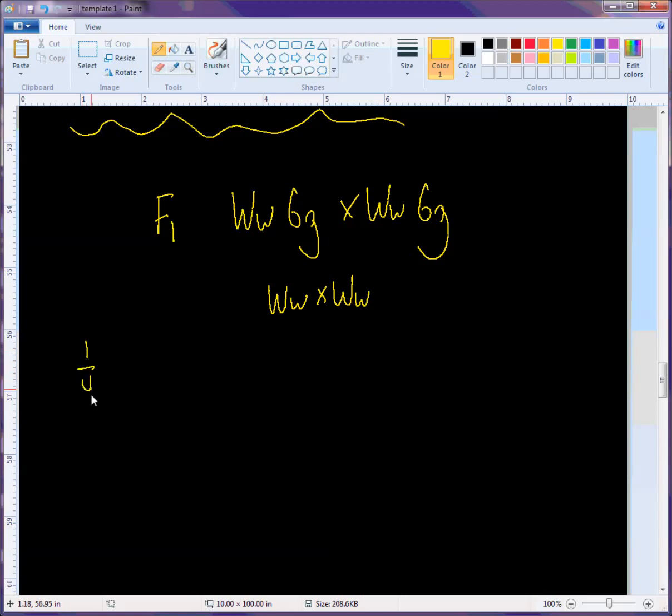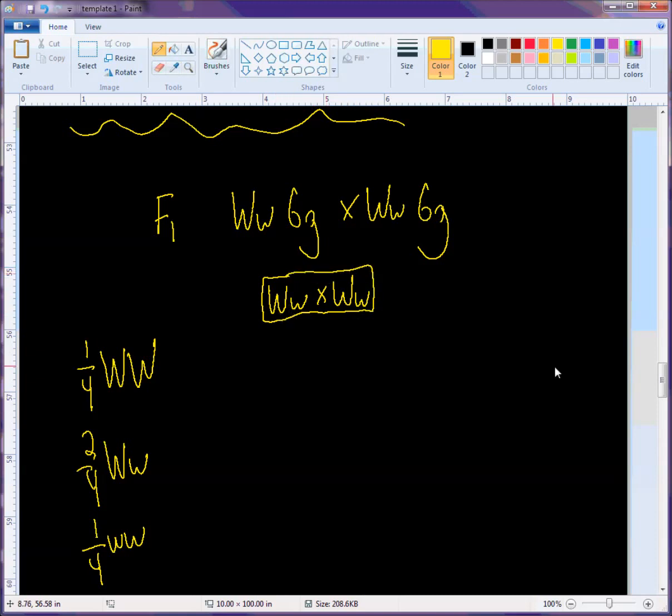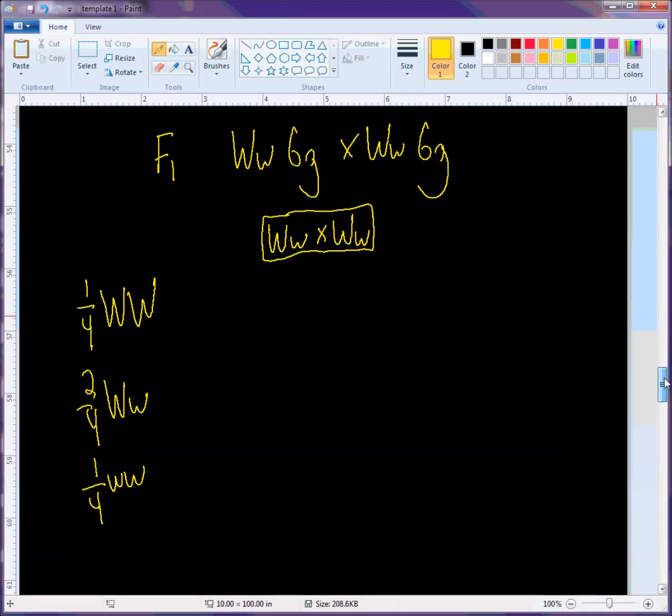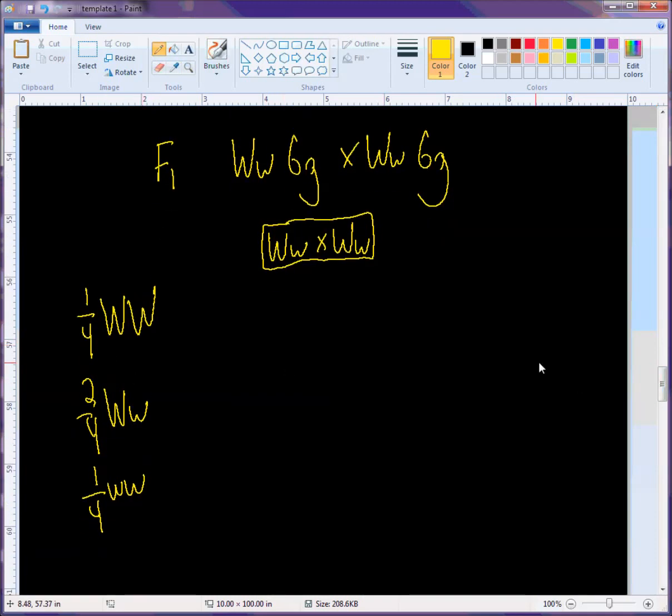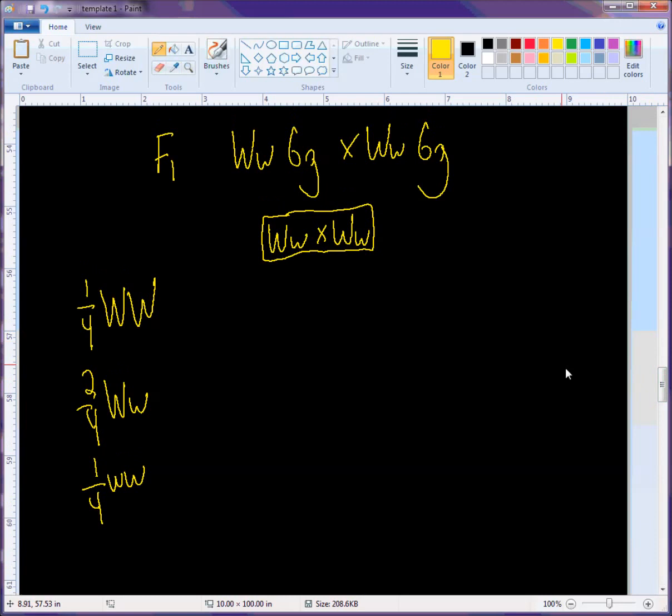So we'd say 1/4 big W, big W, 2/4 big W, little w, 1/4 little w, little w. So we already know the genotypic ratio from this cross. We're just considering the W alleles, and we just map that out like this. Okay, and if you don't know that, go back and look at the first problem, or 3.7, and see where we got those numbers. So you have those memorized, and the question asked us,